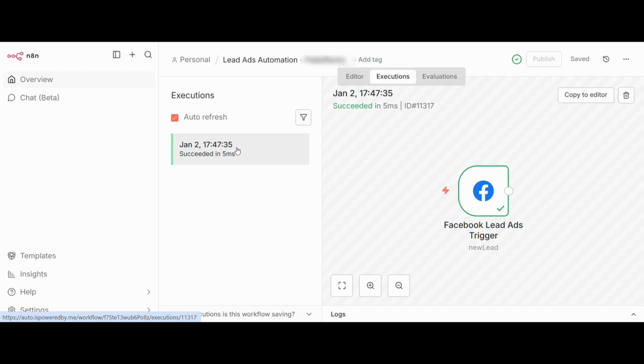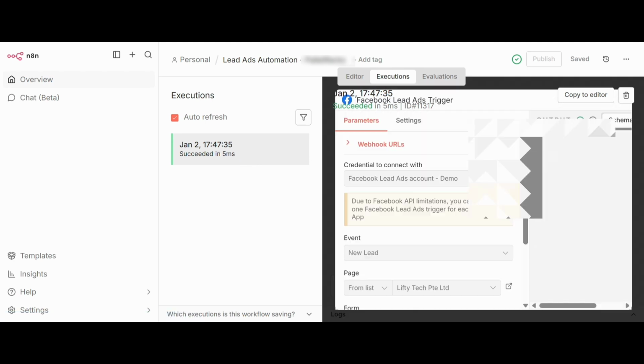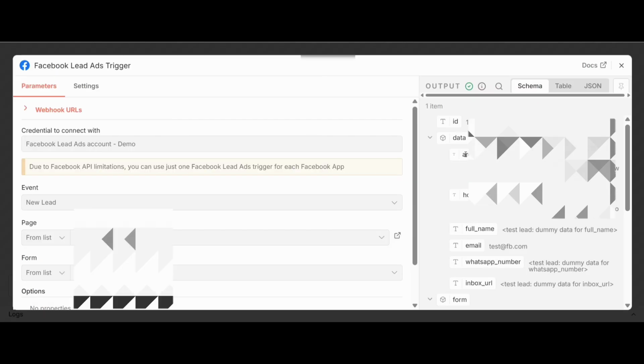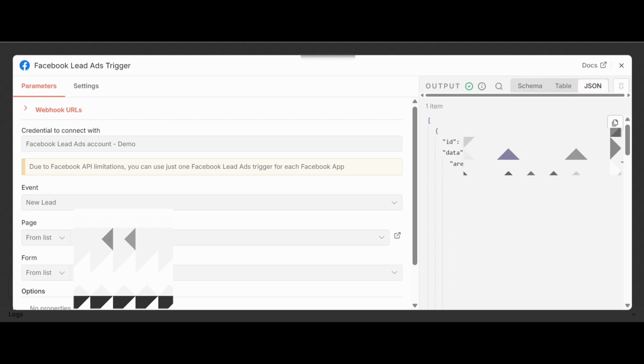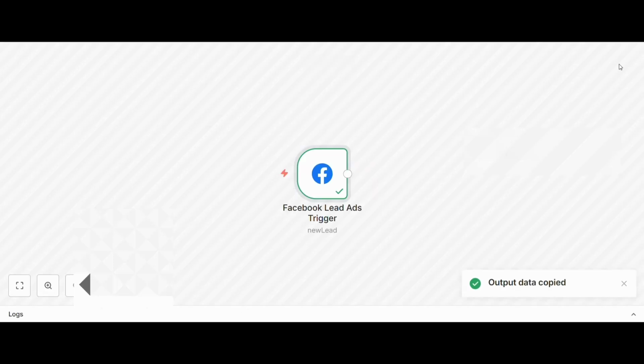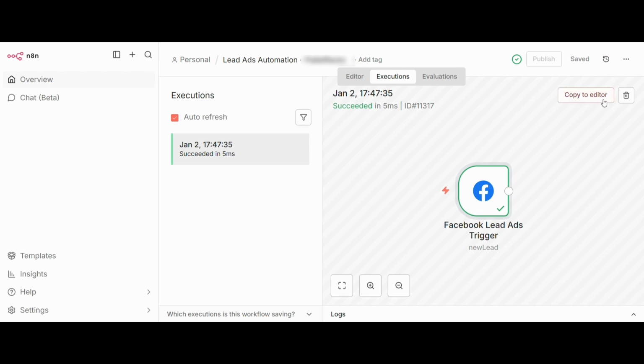All right. And so what do we do with the data? It is up to you. So we need to have the first run in order to get the data, because the JSON data is going to be according to the questions that you ask. So it's going to be different for each lead form that you have. All right, so with this, what we can do is we can go to JSON, copy the data, and maybe